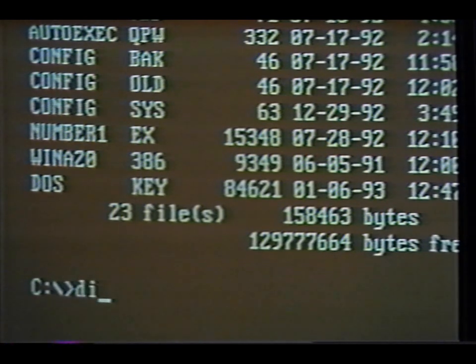We type dir for directory, then a space. Then we type a / and the letter P. This stands for pause. This means the list will pause when it has filled the screen so that we don't miss the very first part of the directory as it scrolls up. Now that we've typed it in, we hit enter,